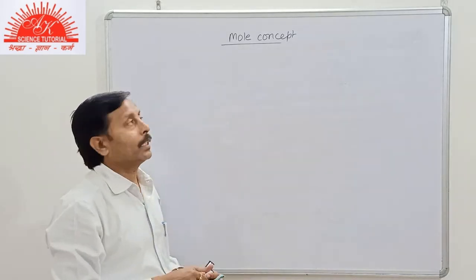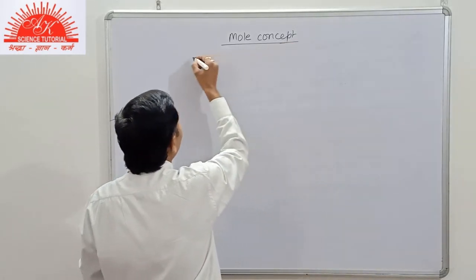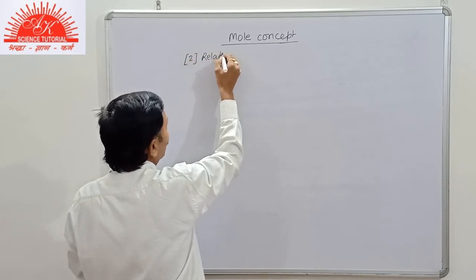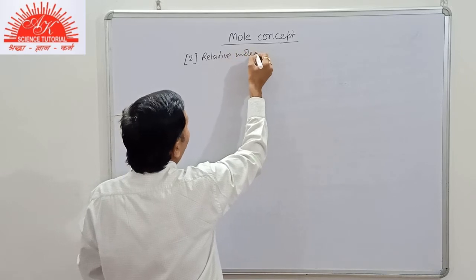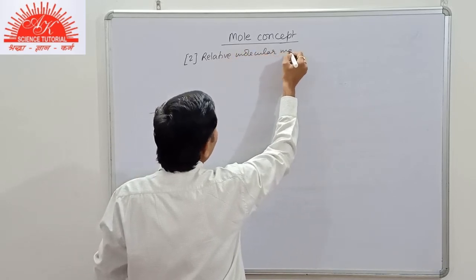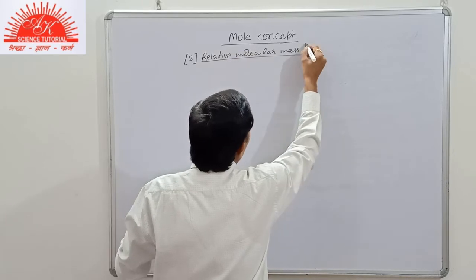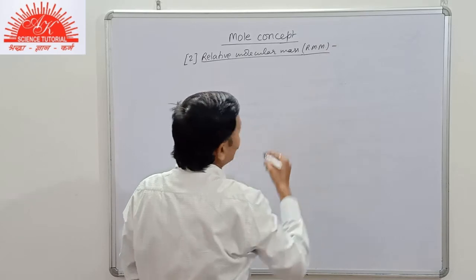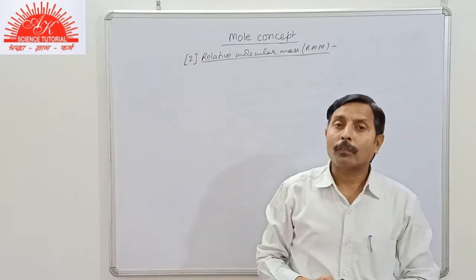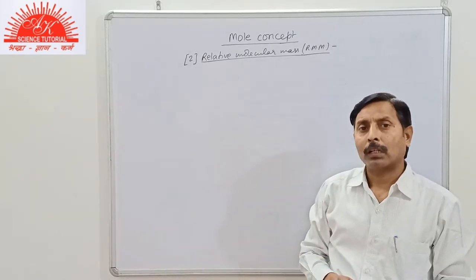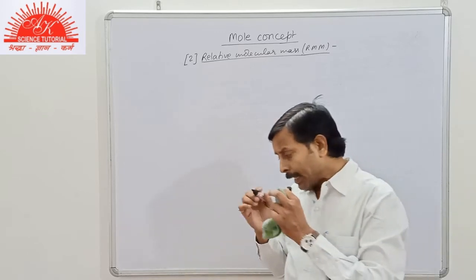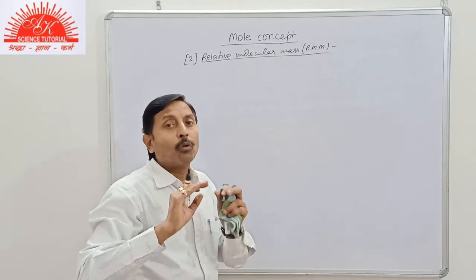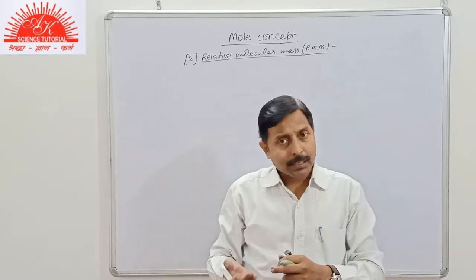On the similar basis, we have molecular mass. So there is again relative molecular mass. Since we are using molecule, that will be for the element as well as for the compound. Molecules of element, molecules of compound. Now you see, again as the name suggests, it is relative, meaning we have to compare the mass of a molecule with the atomic mass unit.